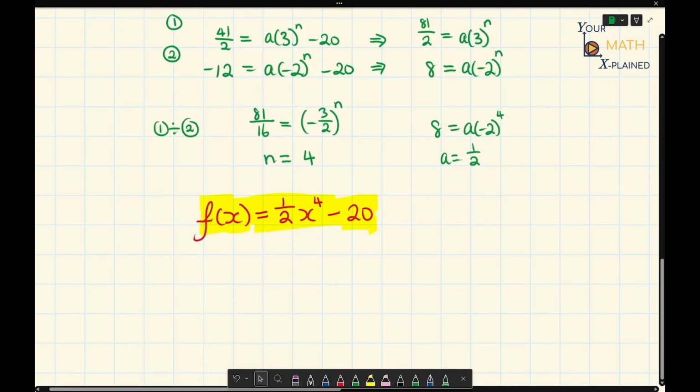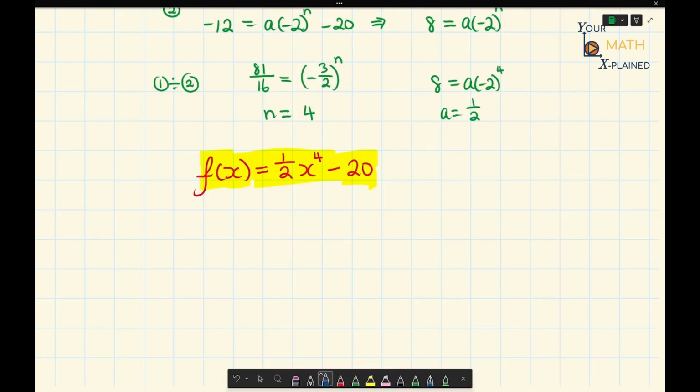Okay, so the first one was a vertical stretch by a factor of 3. So that means we're going to replace y with 1/3 y. So we get 1/3 y is equal to